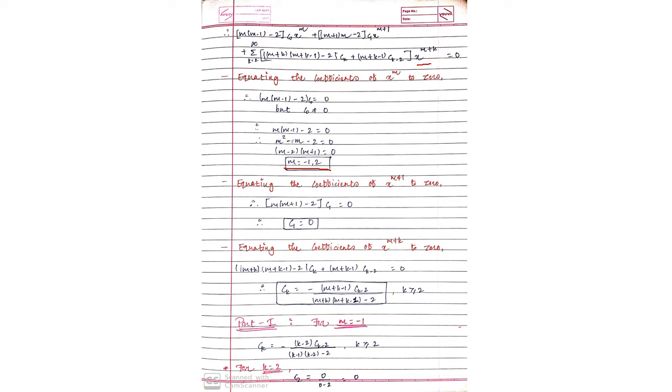And here you have to fix the boundary of k. So here put k equals to 0, so c minus 2, which is not possible because all the constants are going to start from c0 only. Putting k equals to 1, it will be c minus 1, again not possible. So for that we have to move to the next one. Putting k equals to 2, 2 minus 2 is 0. So the boundary of k will be greater than or equals to 2, that is, you have to put the values of k from 2.